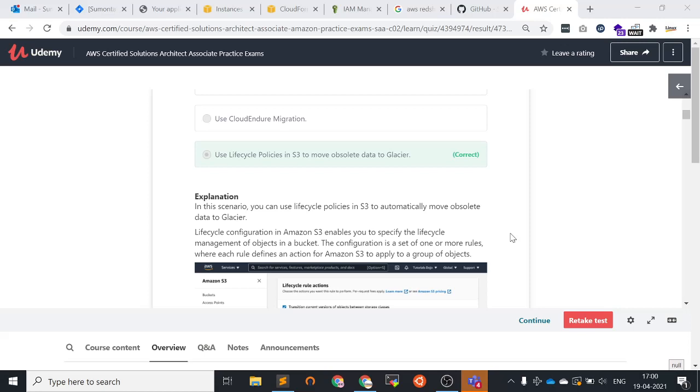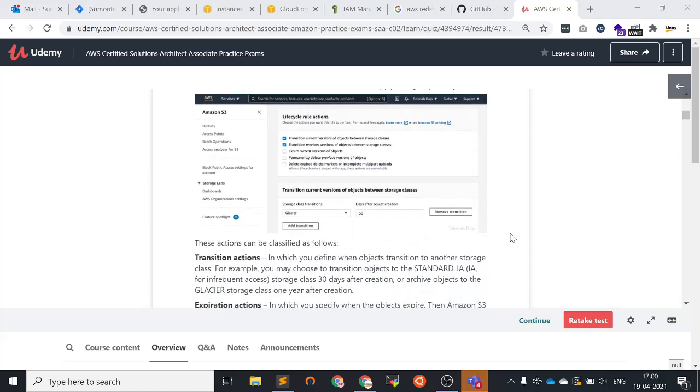Lifecycle configuration enables you to specify the lifecycle management of objects in a bucket. The configuration is a set of one or more rules, where each rule defines an action for Amazon S3 to apply to a group of objects.